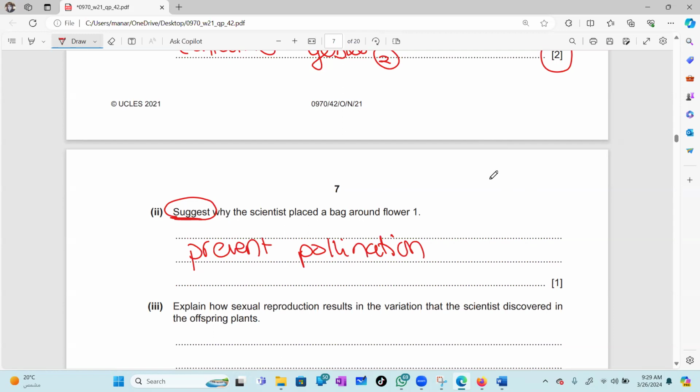Okay, if the Zoom cut off, because it will cut off on its own, we will wait for 10 minutes